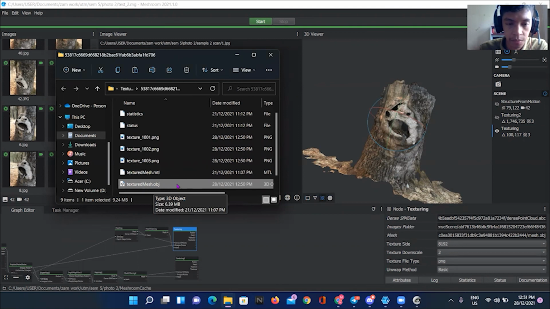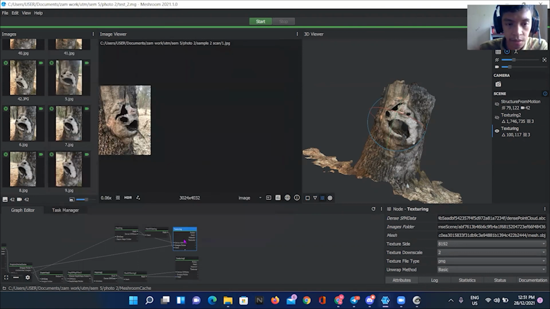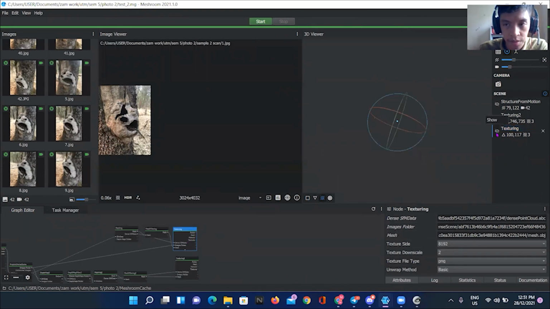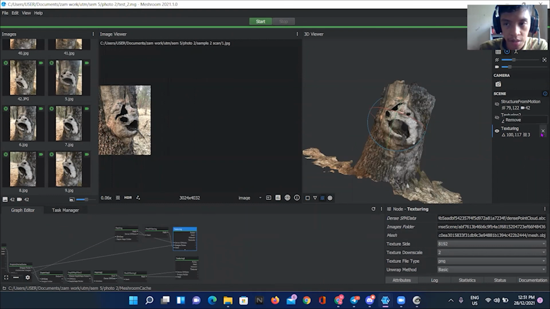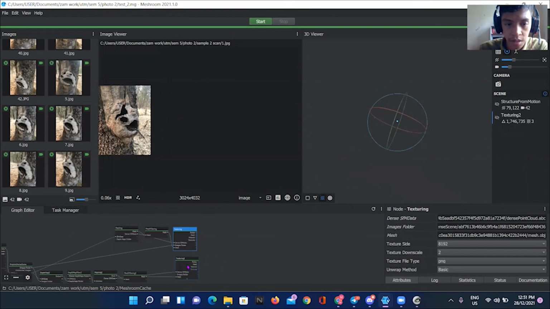Semua maklumat kita boleh buka bila kita mahu buka. Kita buka balik melalui MESHROOM dan double klik tekan. Dan inilah hasil dia daripada kita buat post